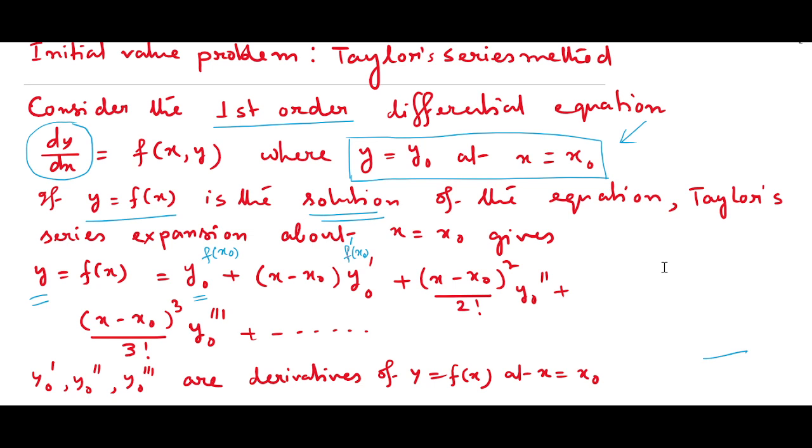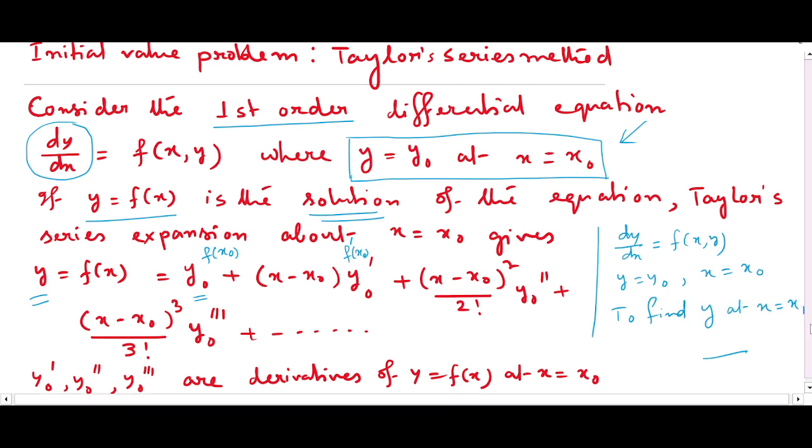So what will be provided to us? So let us see. We will be provided with a function y equals f of x, right? And then there will be an initial condition y equals y naught at x equals x naught. Now what to find? To find y at some x equals x1. At a particular point, we have to find the value of y. So that will be provided in the question. In the next example, we will see what is x1.